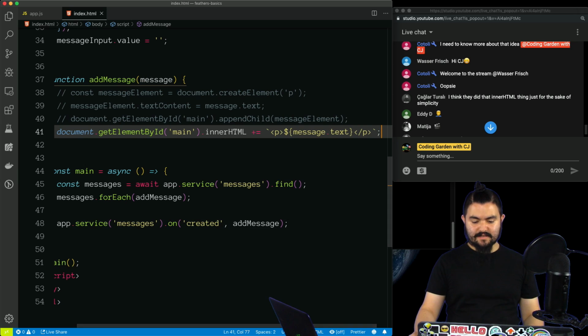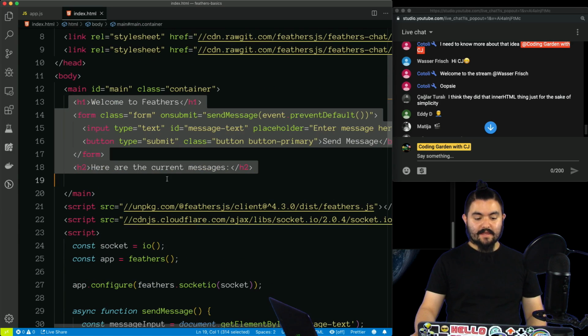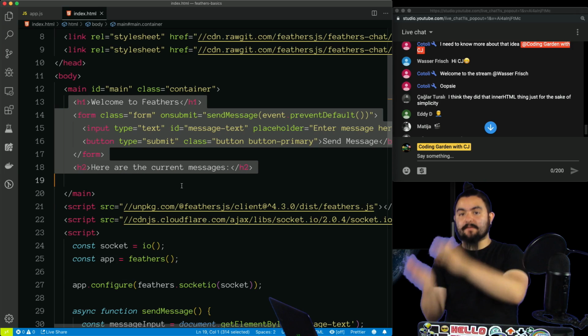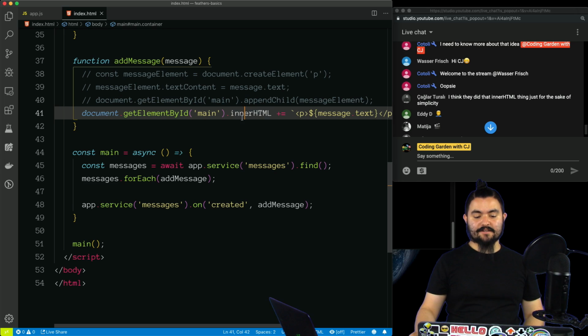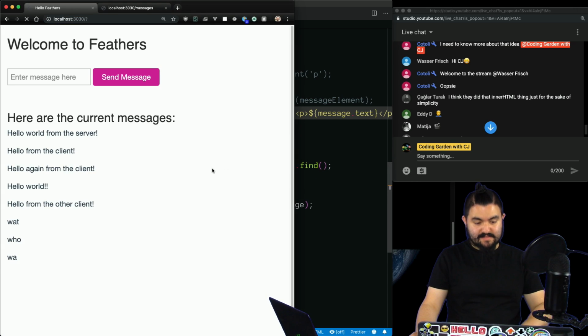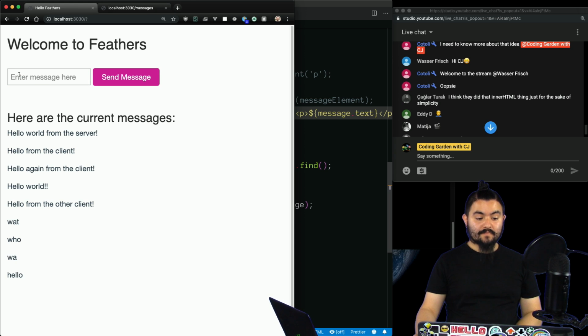Cool. So what this does is it takes the innerHTML right here and then overrides it with itself plus a p tag. So instead of creating the element and appending it, we're just overriding the HTML. And this should still work in the same way. Like it still works, right? Hello works great. But what if I were to send it a script tag